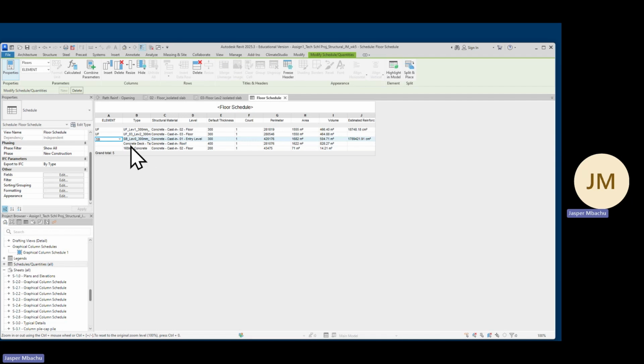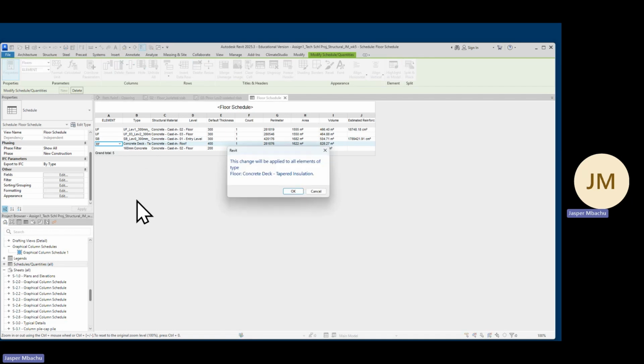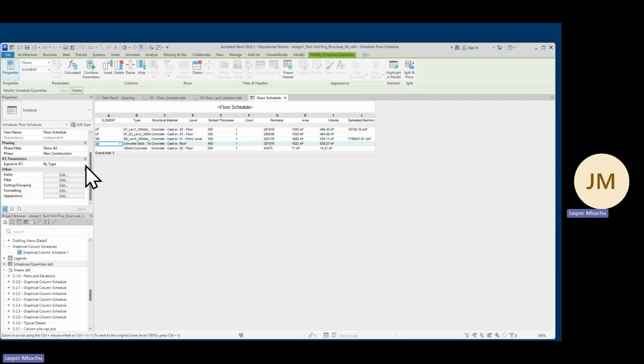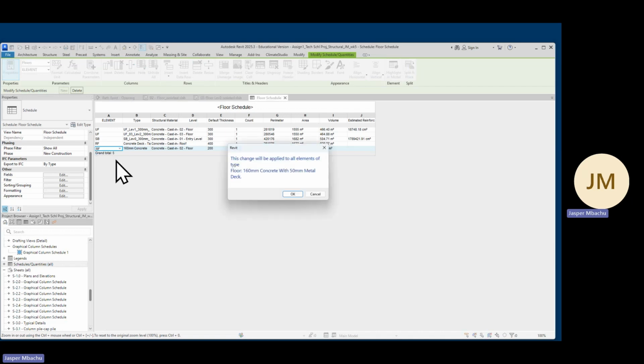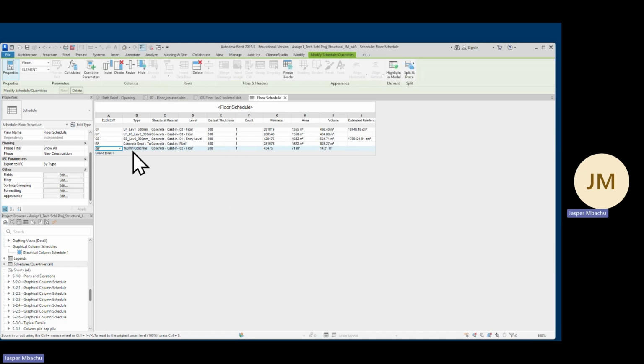Now the other ones, concrete deck, which is roof. So we just put RF here, RF, and this one too will be RF. So we select RF, and that's all. All right. So that's what we do now, and then we go back to sorting again. We go back to sorting here, edit sorting here,